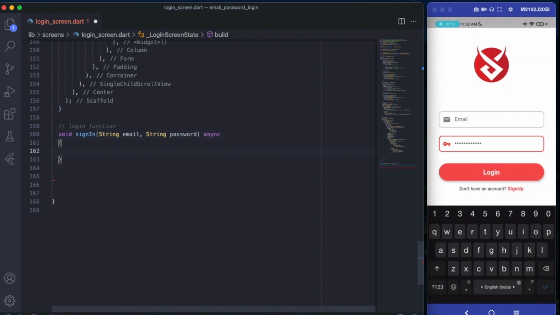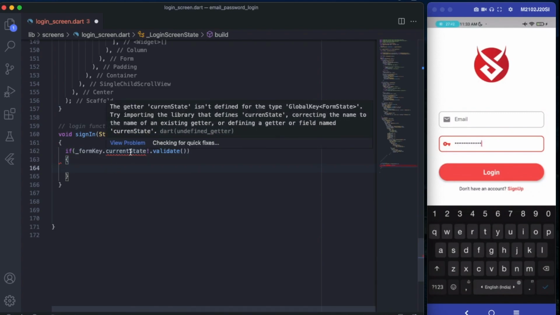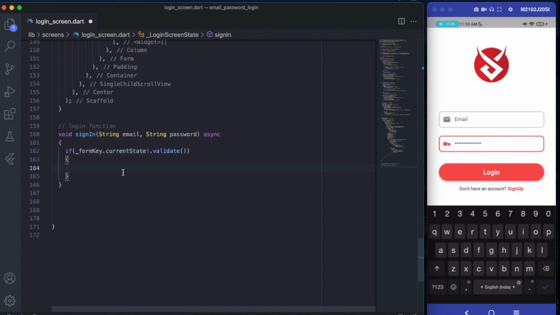This will be an async function, and here if our form key dot current state dot validate, if the validation is okay, only then we will execute this command. Okay, I guess this is current state. Try getting current state. Okay,